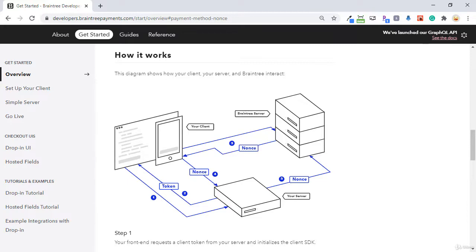As I said before, using payment method nonces in place of raw card data helps to keep your PCI compliance burden to a minimum, since you are not saving the credit card of the customer. Braintree servers generate the nonce in response to requests from our client and server SDKs. In general, the client will be responsible for receiving payment method nonces from Braintree and sending them to your server. Our server will then be responsible for sending those payment method nonces back to Braintree on request to perform other